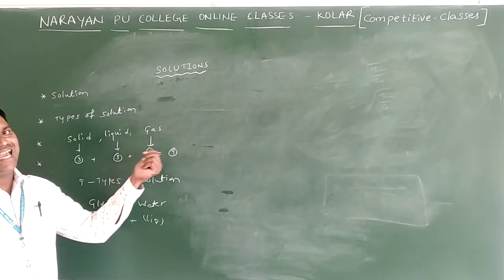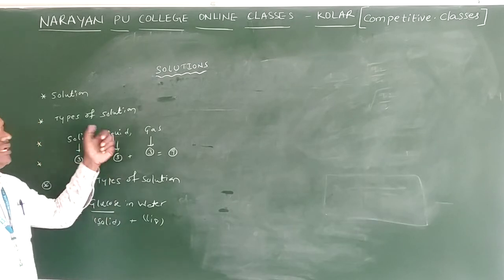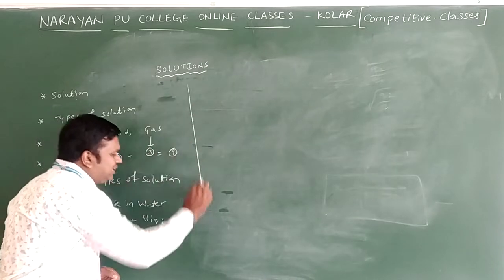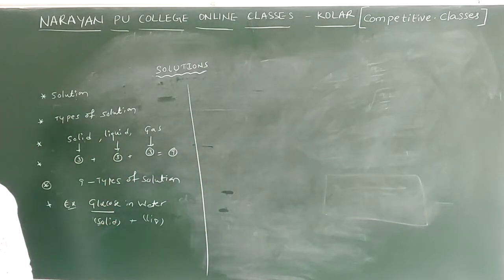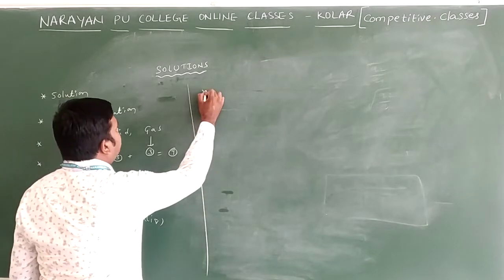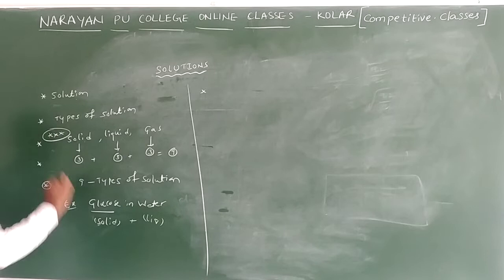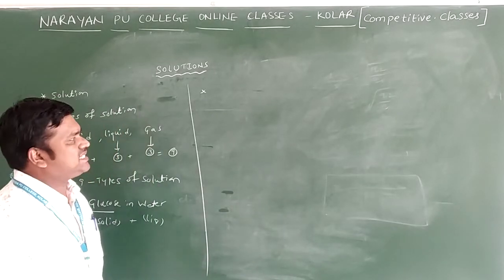Suppose you want to take gas in gas type of solution. And we have liquid in liquid type of solution, solid in solid type of solution. You can observe the table. You will get one question from this classification of the solution. Very important table. So mainly concentrate on this table. We may get one question in the objective exam like KSET or Siemens or NEET exam.